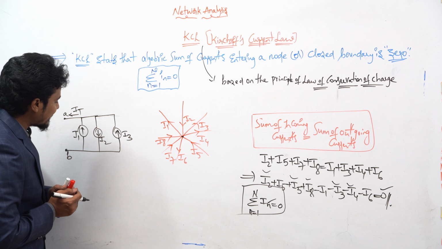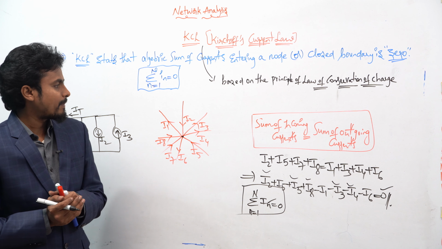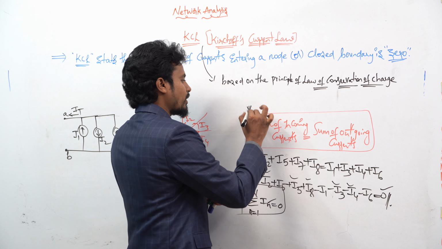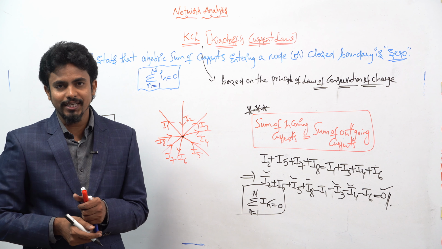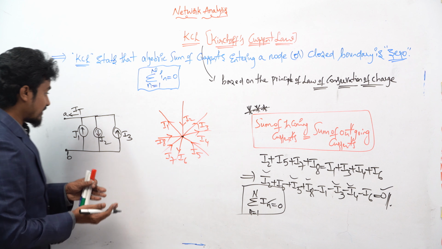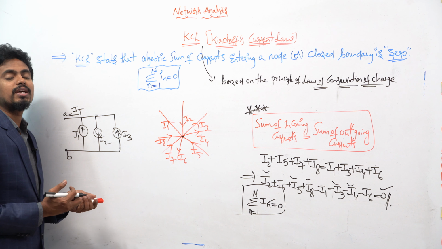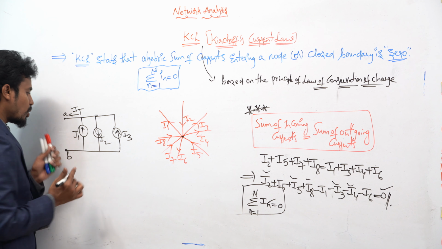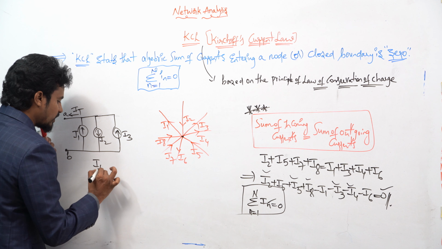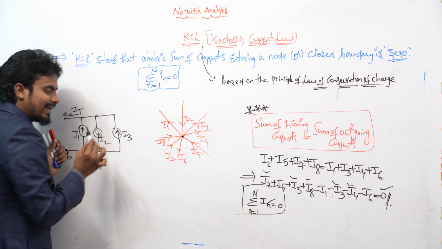If you want to apply the KCL for this, how can you apply it? What is the important thing whenever you have to consider the KCL? The sum of incoming currents is equal to the sum of outgoing currents, right? Here, for this consideration of the current sources, you have to observe how many incoming currents and how many outgoing currents there will be. So IT will become I1 plus I2 minus I3.